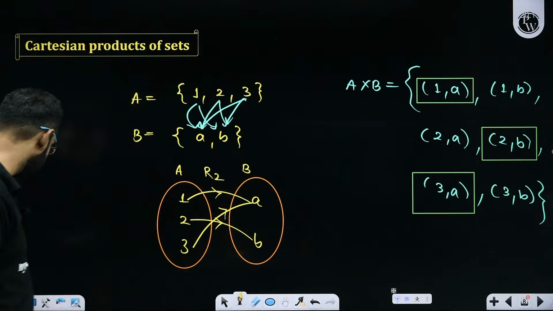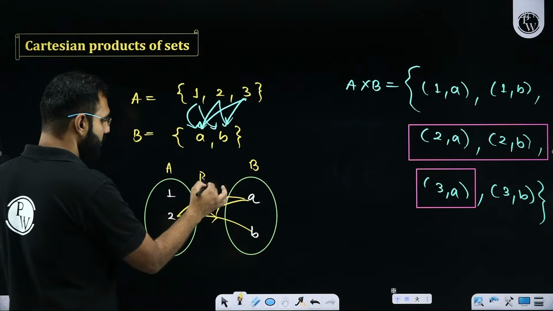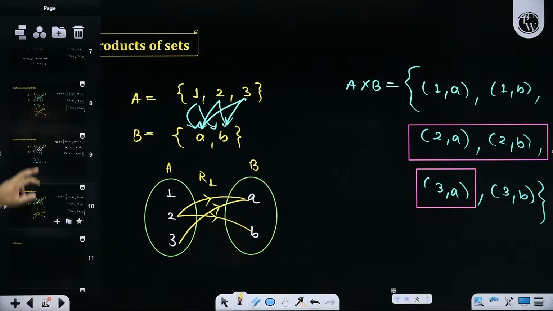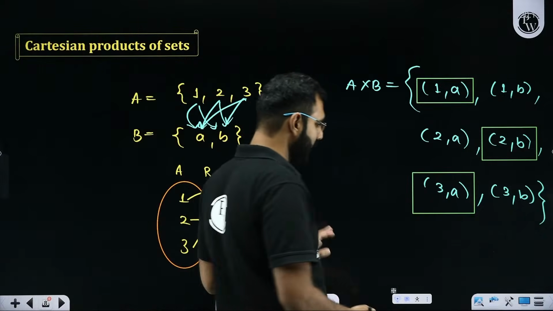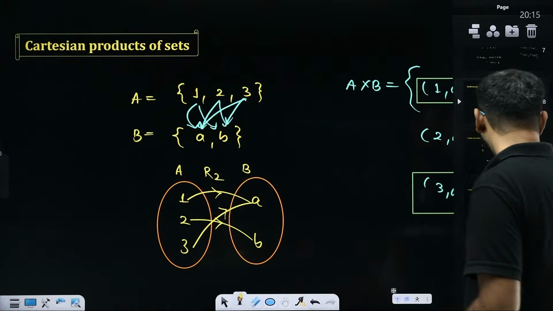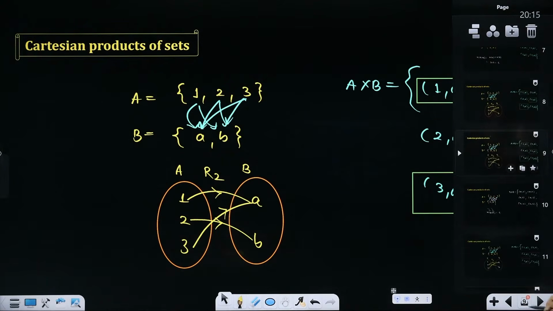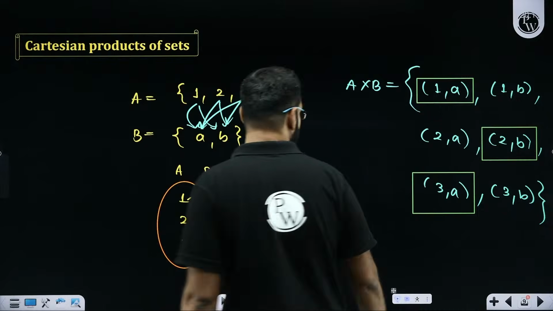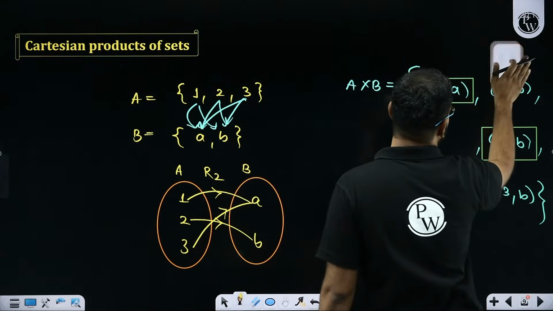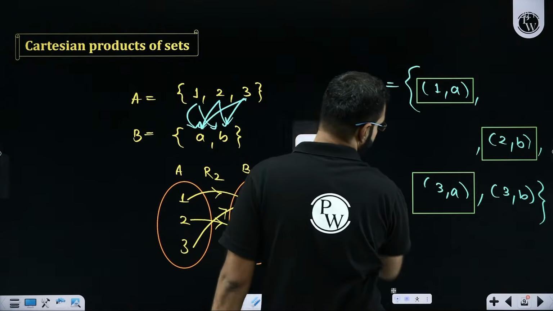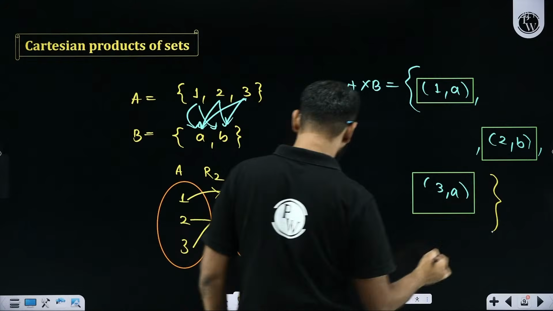So let's say if the previous relation was noted as R1, relation 1, then this relation can be called R2. Are you understanding it? So how do we define a relation? If I wish to define this relation R2 in a more proper manner, please pay attention, everyone. I hope everyone is there. In R2, I'll be having 1 comma A, 2 comma B, and 3 comma A. So these three elements, I'll be having in this relation R2.